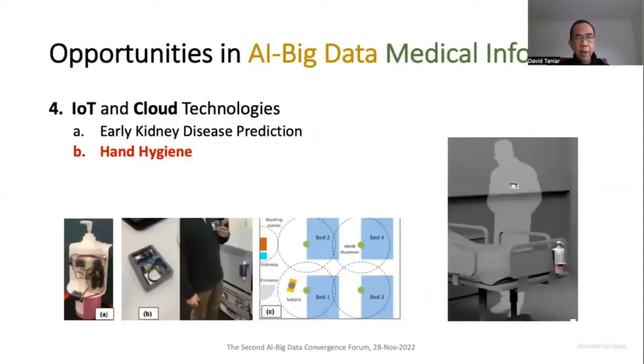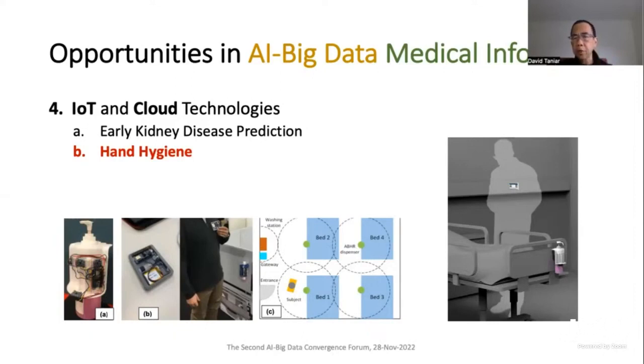The second one that I would like to explain is the opportunity in the hospital. When the doctors and nurses want to see the patient, as you can see here on the right-hand side, there is an alcohol dispenser. So they have to wash their hands before they handle the patient, and after they finish handling the patient, they have to wash again. But sometimes it is very difficult to monitor, right?